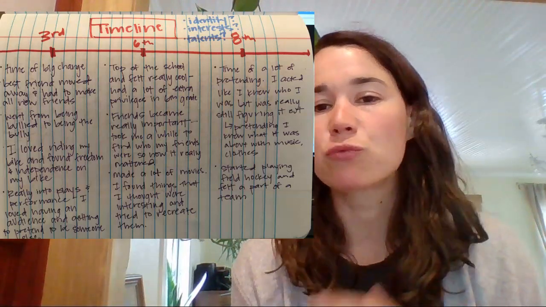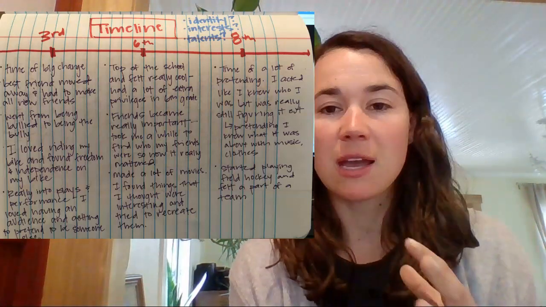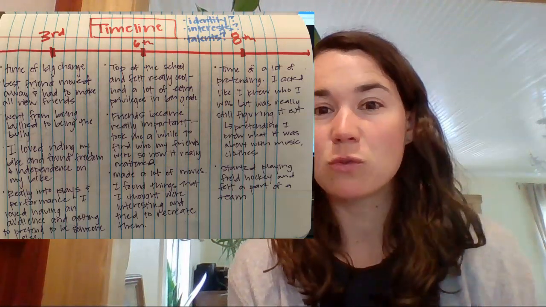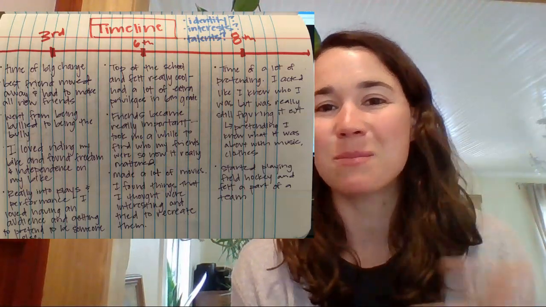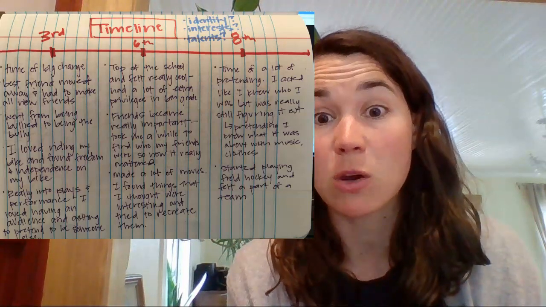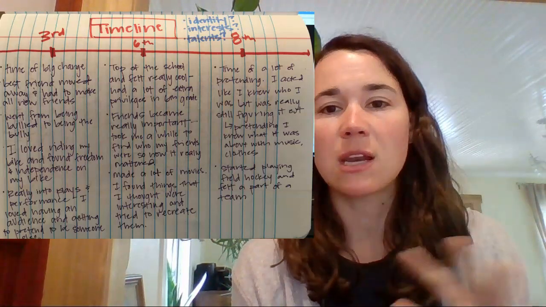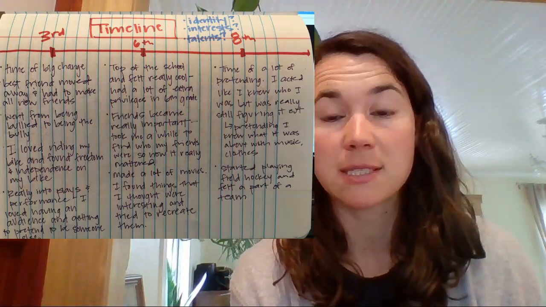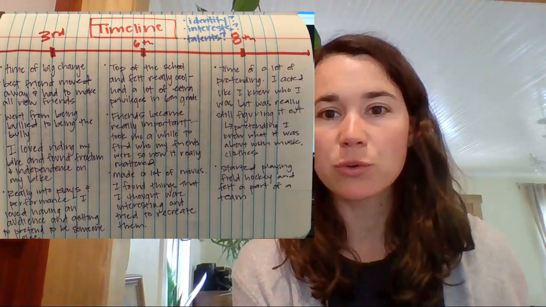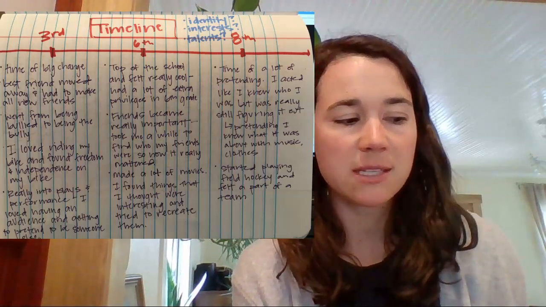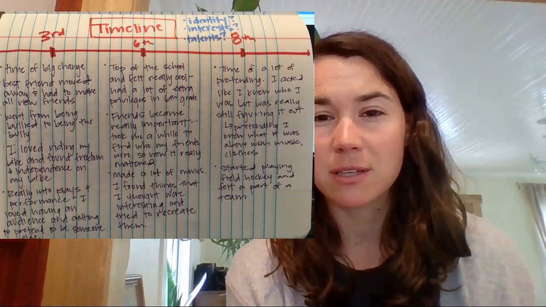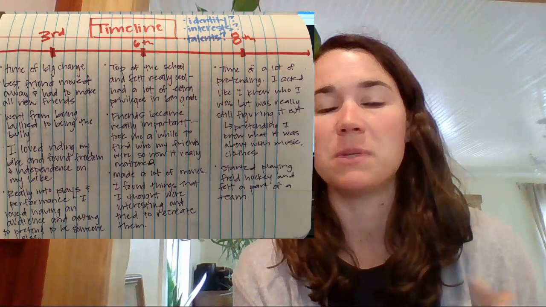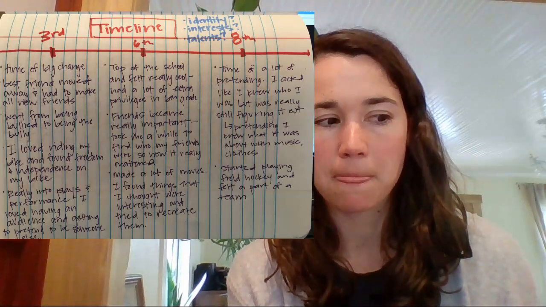Also at this point in my life, I really loved riding my bike. And my bike allowed me to access this newfound sense of freedom and independence. On my bike, at that point, my parents were letting me go further away from home by myself than I ever had before. In 3rd grade, I was also really into plays and performance. I was able to be in some plays, and I loved having an audience and the chance to get to be somebody other than myself.